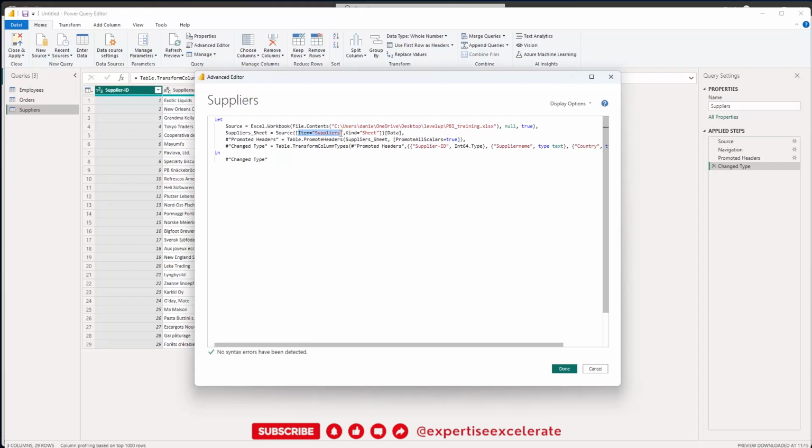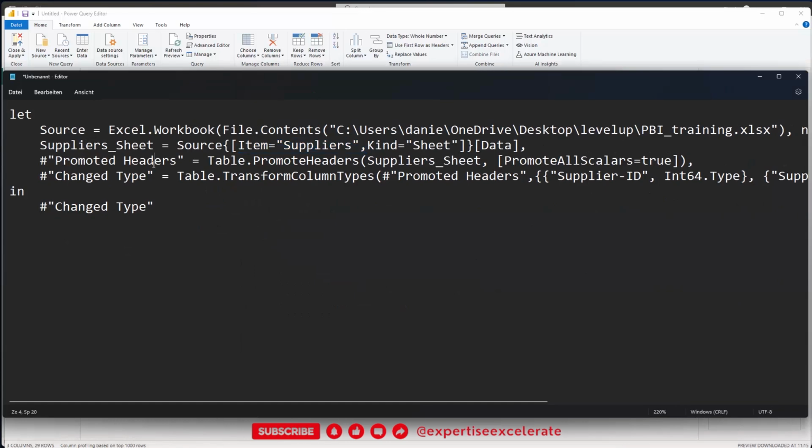Here we ran into an error when we went to the advanced editor and removed this hard-coded value, Item equals Suppliers. But because we know that this is the second index, so the third sheet in total but the second index sheet, instead of referencing the hard-coded value with the name, which causes trouble for us, we can actually refer to the number. Let me just copy this one more time because it's very small in here. Let me go back inside the editor, just paste this like that,